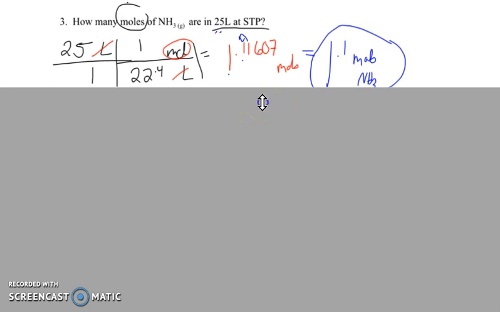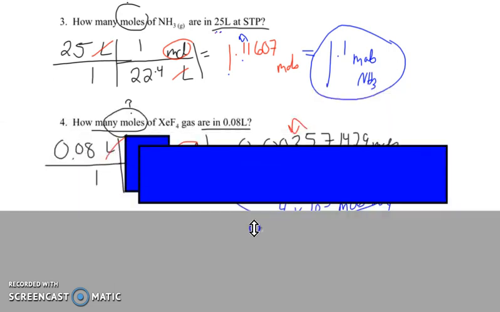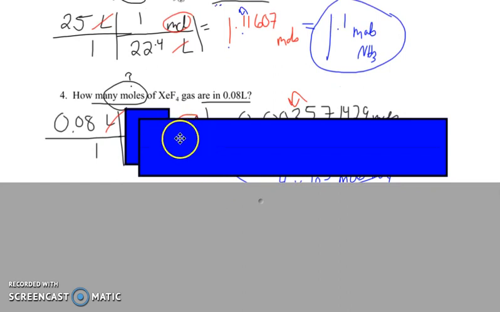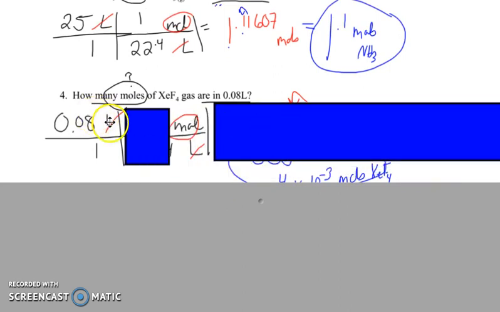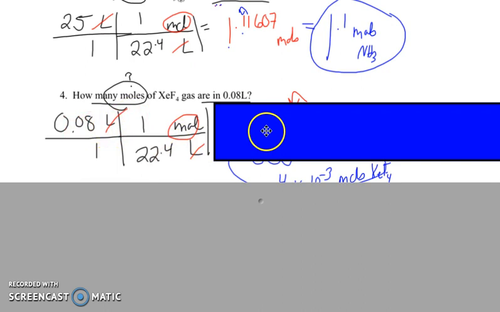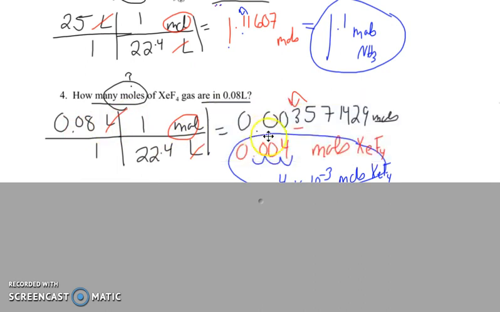If you thought number 3 was easy, you'll love number 4. It's like the exact same thing. So again, we are given liters, 0.08 liters. Get rid of it, put it in the denominator. I want to go to moles. The conversion factor we told you, 1 mole is 22.4 liters. So I'm taking 0.08, divide by 22.4, plug that into your calculator, and you should get